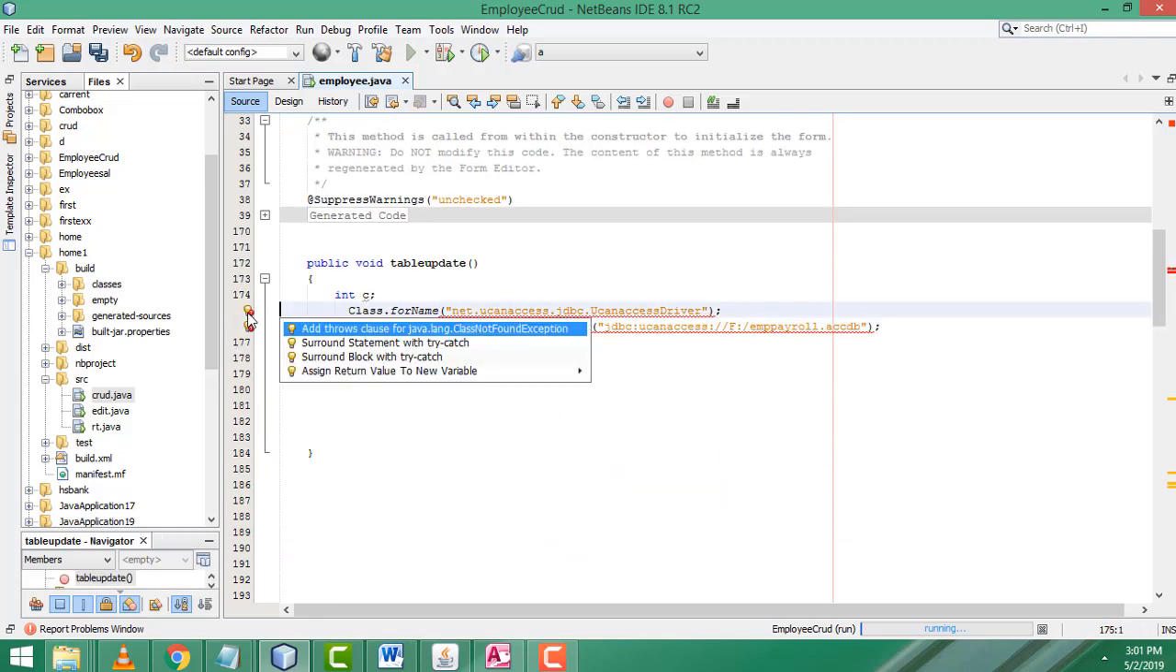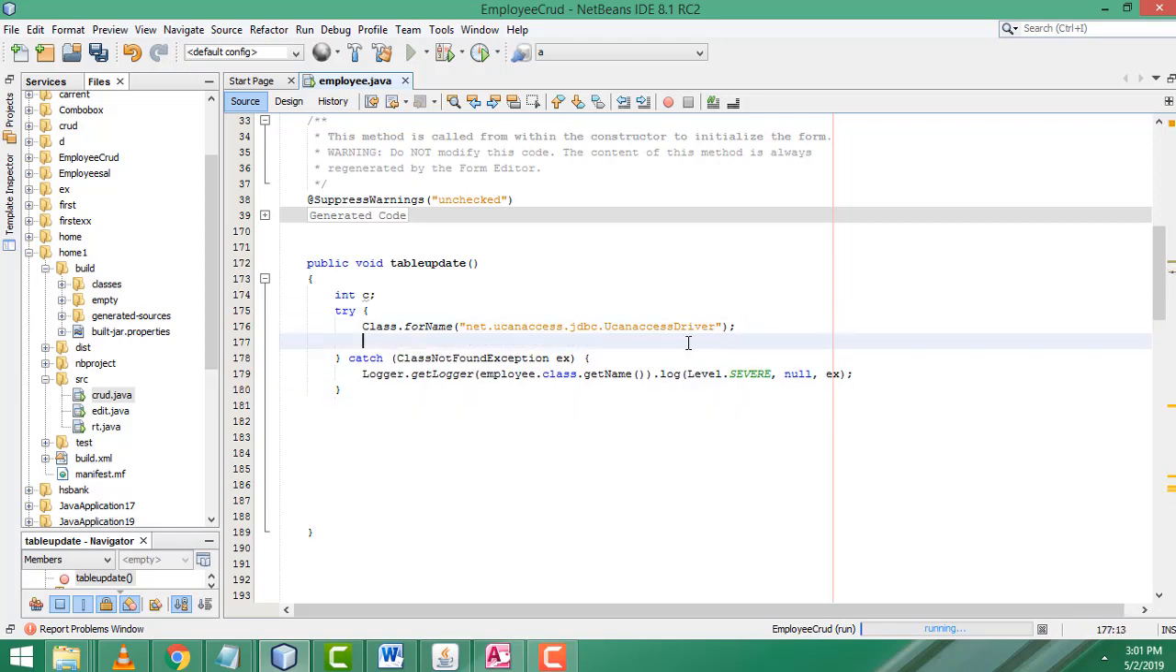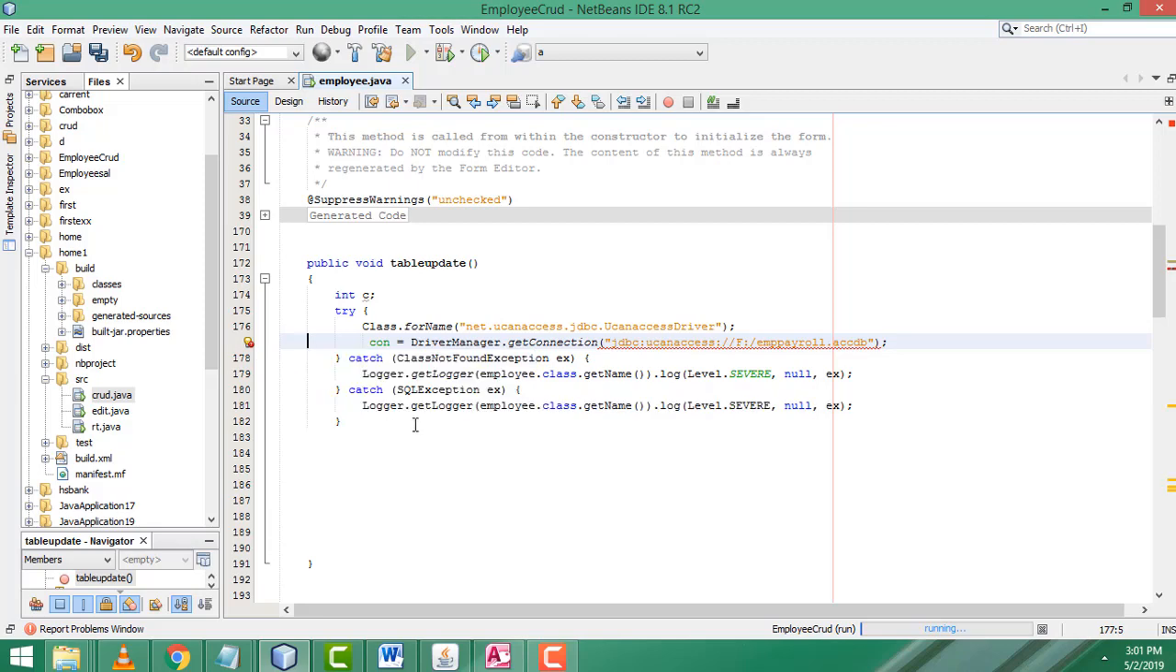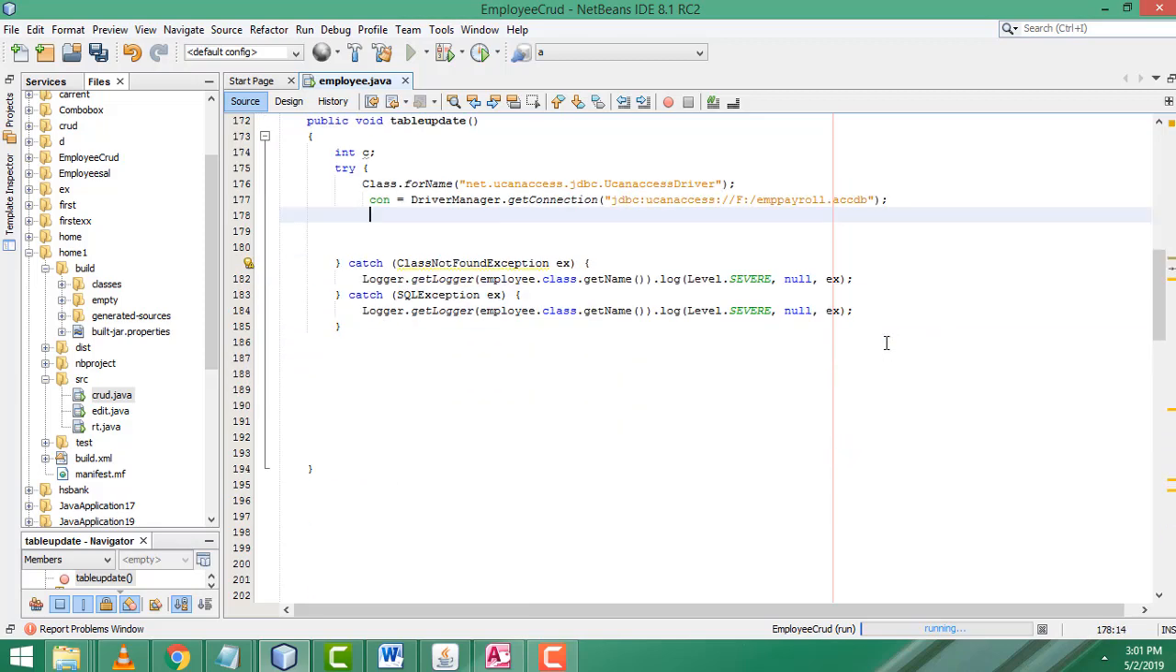It's asking to create the try and catch here. This one, not this one. Try and catch. After that, this one you have to Control X to cut, Control V to paste here. Now it is asking for the catch. That's it, the thing you have to do. After that, here you have to write the select statement. So here we have to write an insert. Sorry,